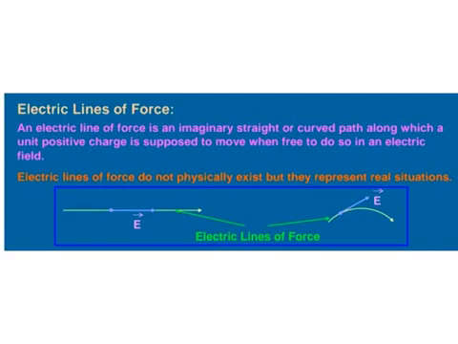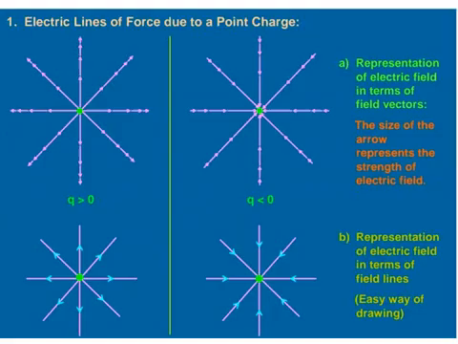As shown in the figure, the tangent to the curve shows the direction of the electric field at that point. In the first part of the figure, the field lines of a positive point charge are shown. They are directed radially outward because a small positive charge would be accelerated in the outward direction. They extend to infinity and the field is spherically symmetrical. That is, it looks the same in all directions as seen from the point charge.